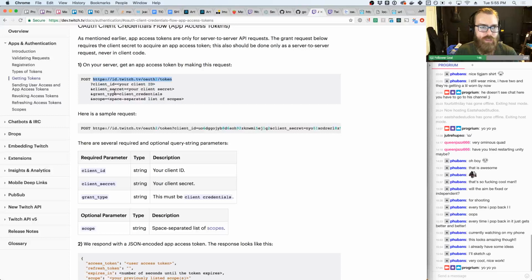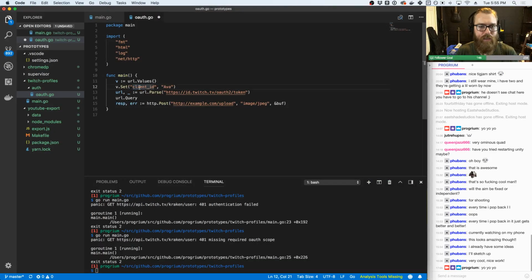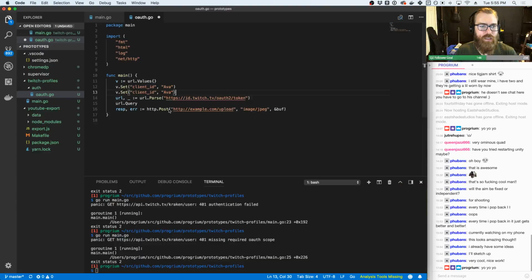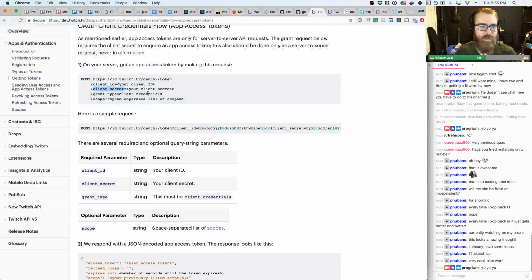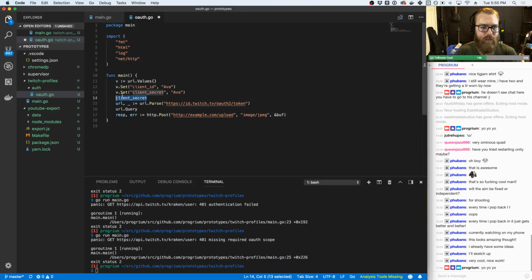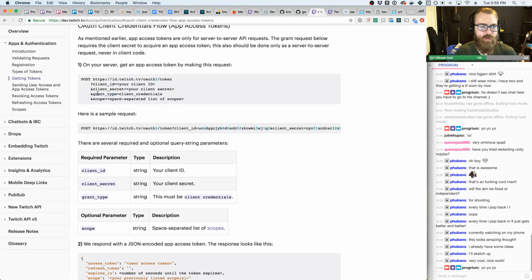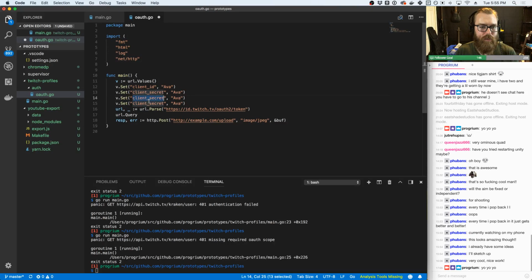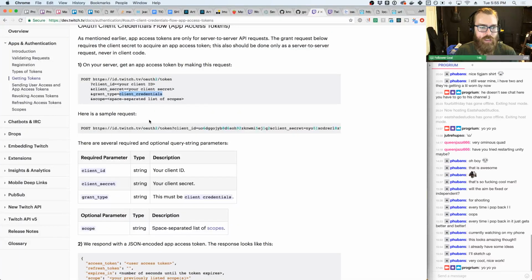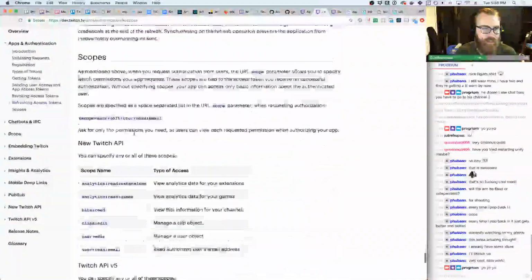So what are the ones they want? Client ID, client secret, grant type, scope. Ooh, scope. Space separated list of scopes. All right, let's get something where I can get the user